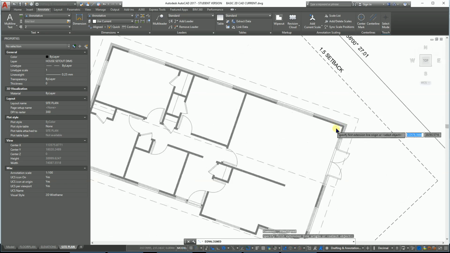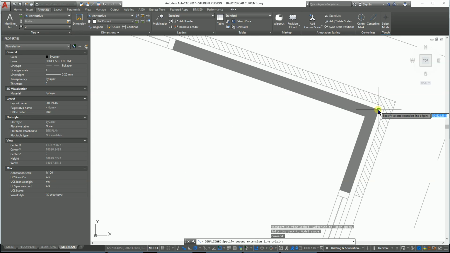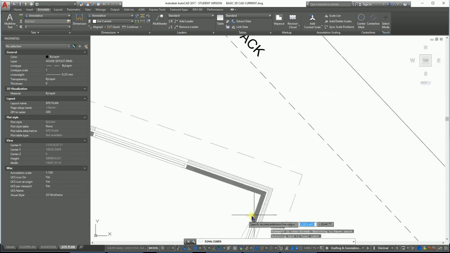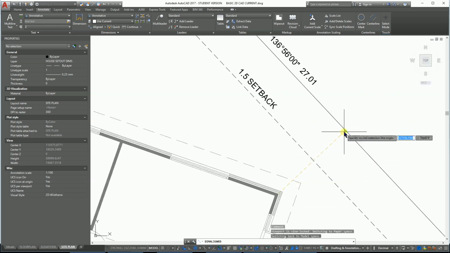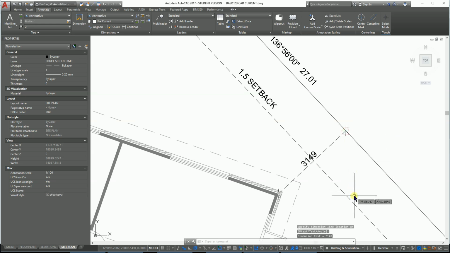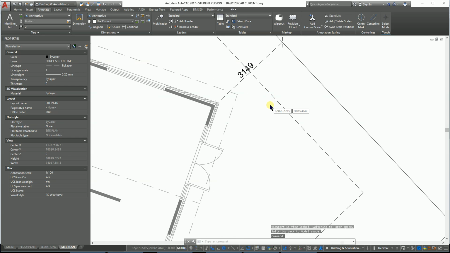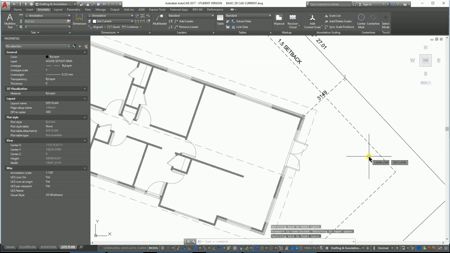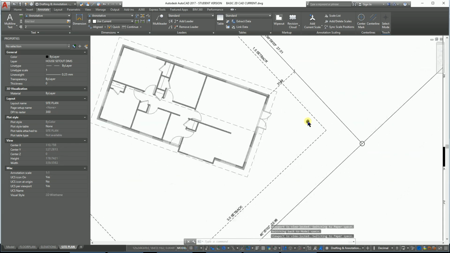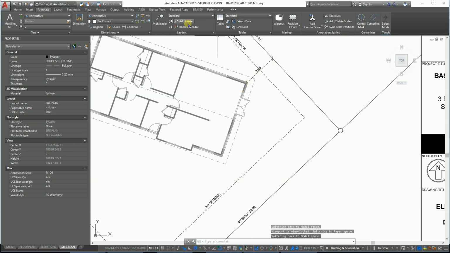So the first one I'm going to do is just from here out to the boundary. So I'd just like to really define one clear point as the thing, and that's going to be there at 3149. Okay, there is my, that's been set out there in millimeters, 3149 for this here, and then I'm just going to